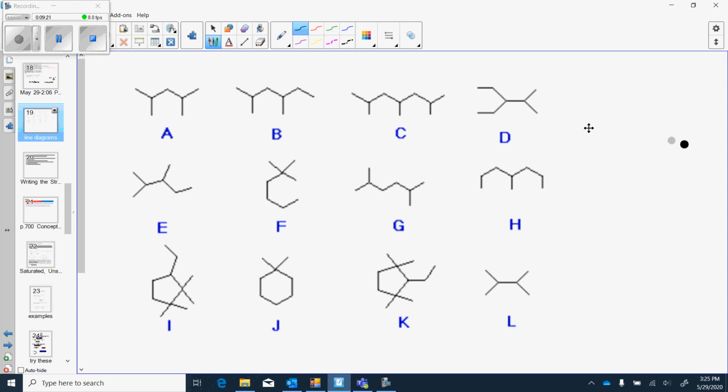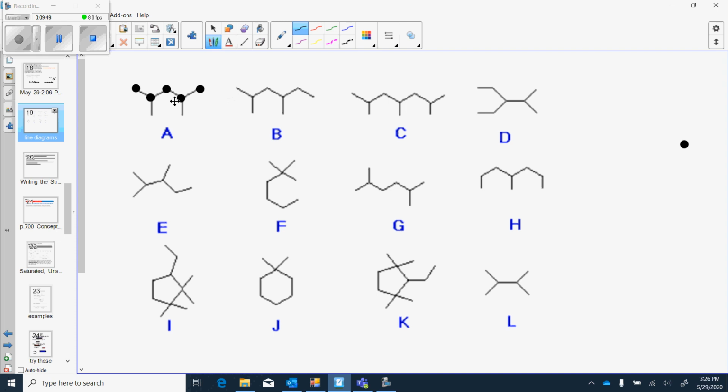So let's use this little dot over here, and I just have a bunch of them. Every vertex, every point where lines intersect, is always thought of as where a carbon is. So if you think of these little black dots, this might help with the lines. You can see that they are representing the carbons, and the carbons are covalently